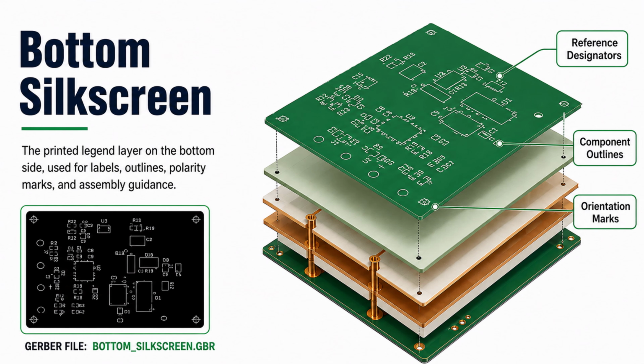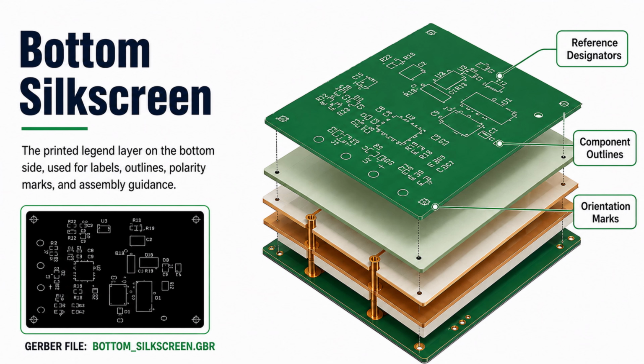The bottom silkscreen layer provides printed information on the underside of the PCB. This layer is especially useful when components are mounted on both sides of the board, or when technicians need to inspect the board from the bottom side. It can include reference designators, component outlines, polarity marks, connector labels, test point names, board revision details, warning symbols, and